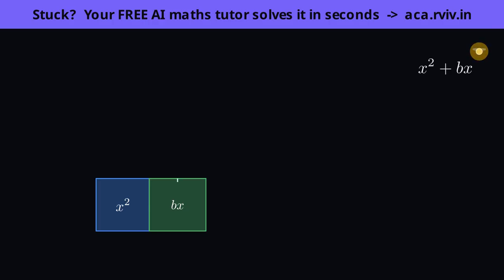We want to turn this L-shaped-ish figure into a genuine square, because a square is the one shape whose area we can undo with a square root. So cut that green rectangle straight down the middle into 2 thin strips. Each strip keeps its full height x, but now each is only half as wide, b over 2 wide. We haven't added or removed any area, we've just split one rectangle into 2 equal halves so we can rearrange them. Now watch why we split it.